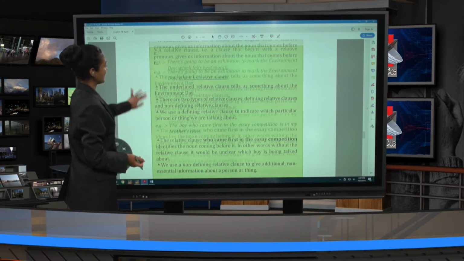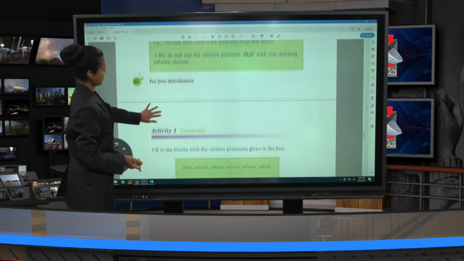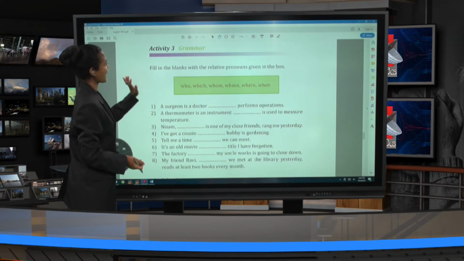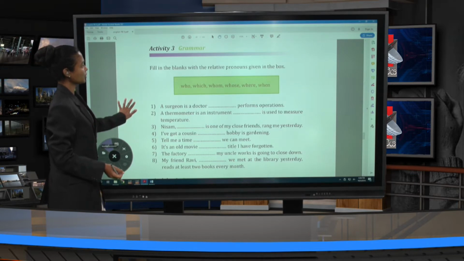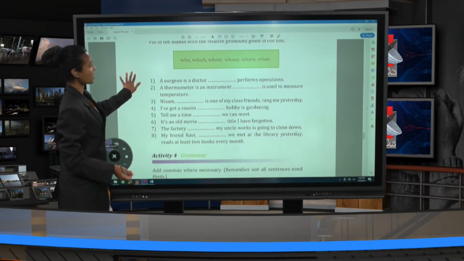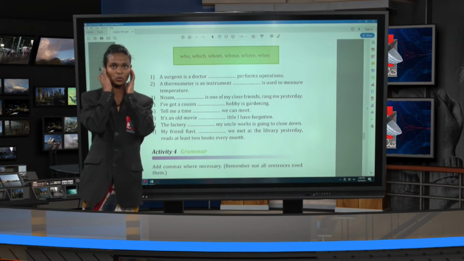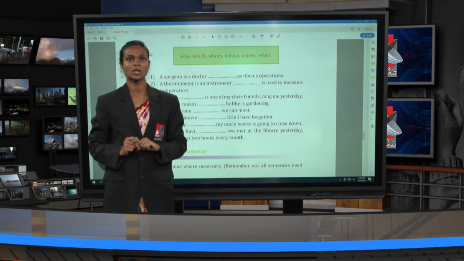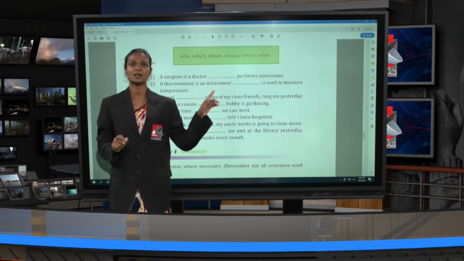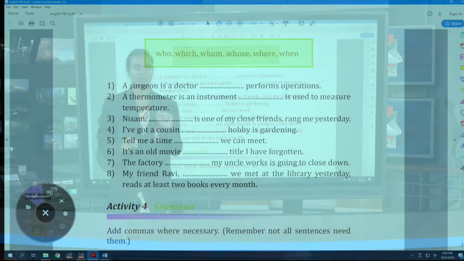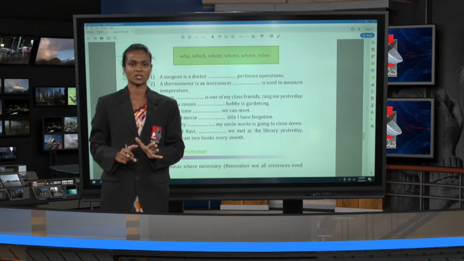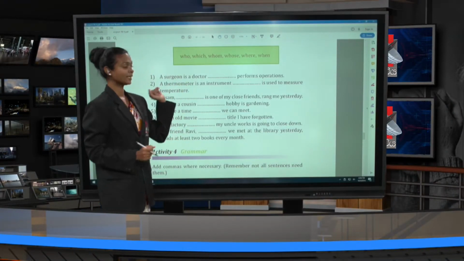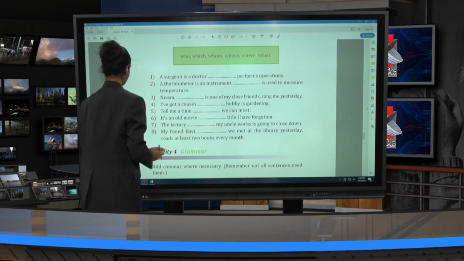In page number 87, activity 3, grammar. Fill in the blanks with the relative pronouns given in the box. Pronouns are given. That is easy. Who, which, whom, whose, where and when. Where defines a place, when defines the time. Where කොහෙද, when කවදද. Normally in question tags, right? In here, in relative pronouns, the word where defines